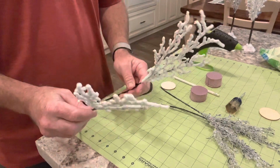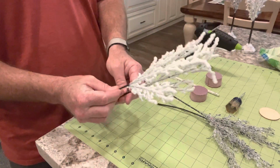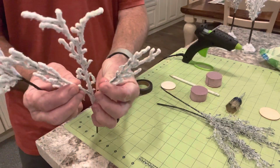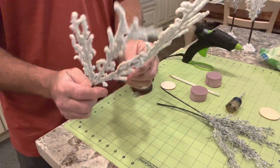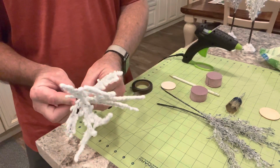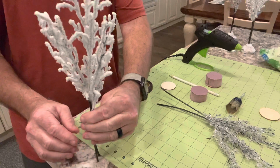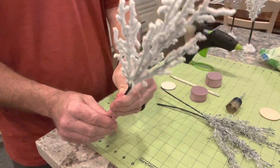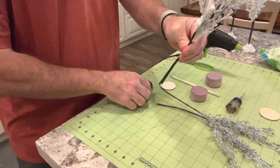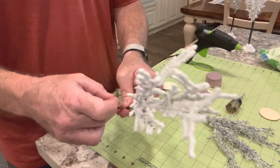Okay, so the first thing we're going to do is try to figure out how these are going to fit together, right? You certainly don't want them like this. So the way that I do this, you can maneuver these or bend these any way you see fit, right? And so I've done that here, and I'm essentially going to shove this just about like that. And that looks like a pretty good tree to me. And so really, guys, it's that easy. Then I take the floral tape and I'll start wrapping up towards the top